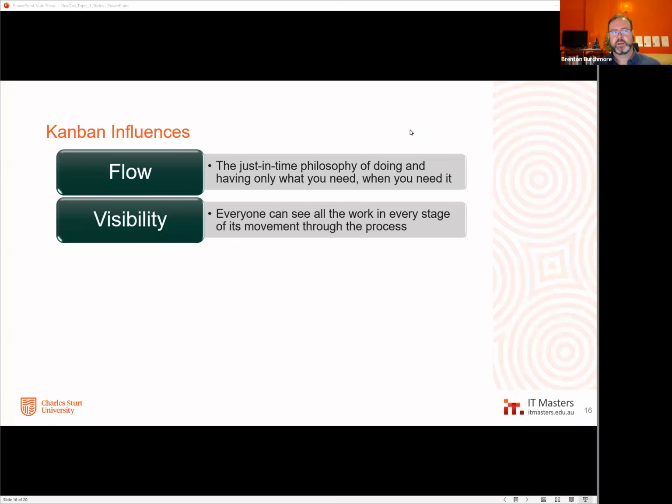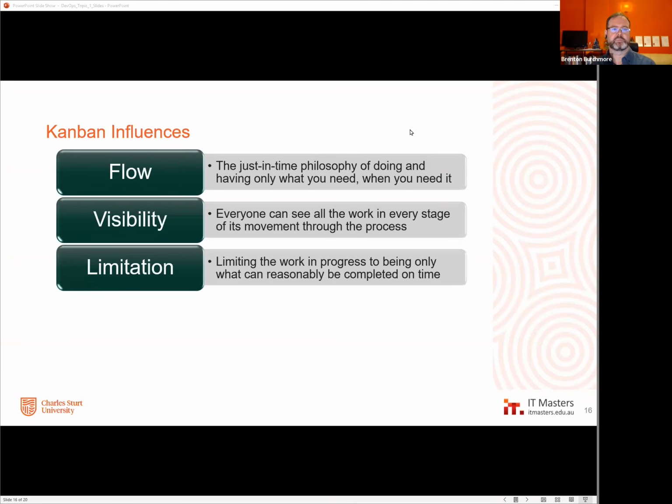So Kanban is the idea of like work cards, everything visible. Like everything's up on a board or up on a screen or in some way visible, so that we can all see what's coming, and we can all see where the bottlenecks might be, and we can predict the bottlenecks, and therefore we can avoid the bottlenecks. So complete visibility is a way of helping everyone know what their role is in what's going on right now, what's important right now. And right now is a limitation element that Kanban also introduces.